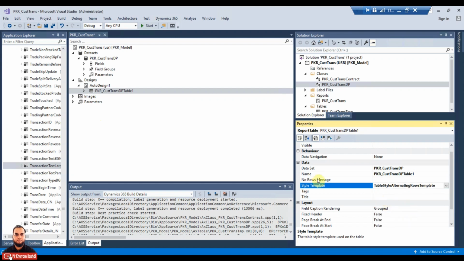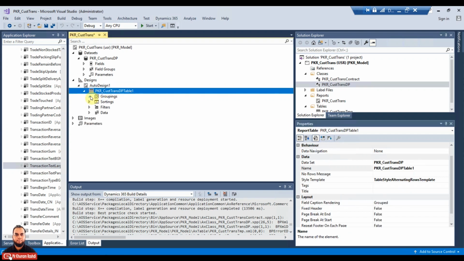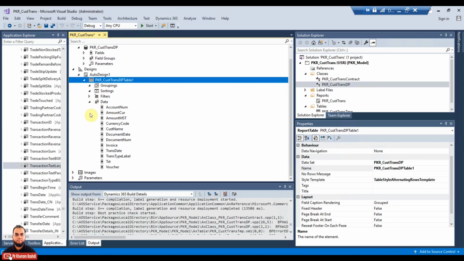It will give you alternate rows with a gray color alternating as a background. So now we'll do the rest of the things later. First we just need to complete